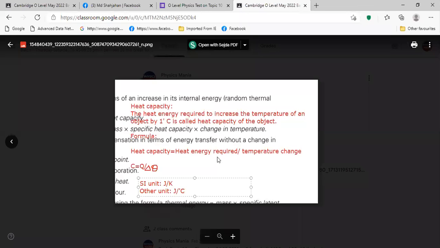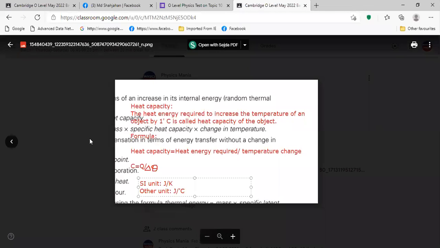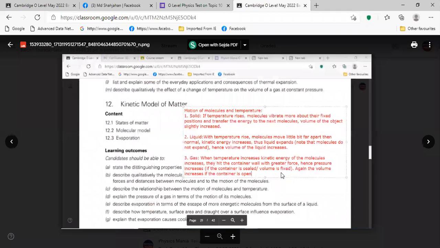Sir, this one we did. It is about heat capacity. This is the last part we did, right? Yes, sir. Heat capacity. And we discussed specific heat capacity, but we did not write it. So here we have